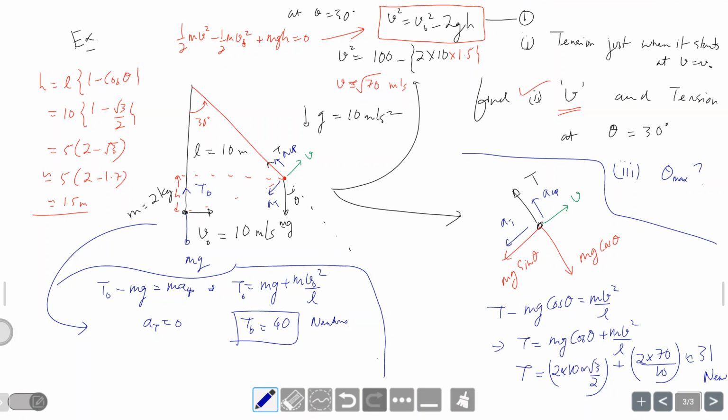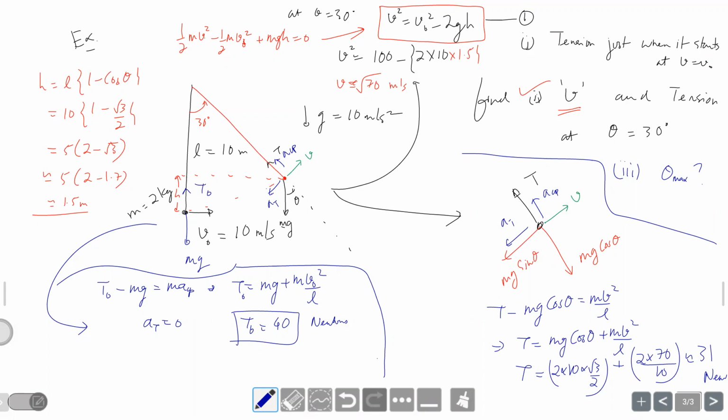Whereas you see the initial kinetic energy is this. You don't have 200 joules of kinetic energy. So we know by just looking at half m v naught square, how much is that? Half into 2 into 10 square, so 100 joules. Whereas to climb a height of 10 meters, we need 200 joules of potential energy. So that straightaway is telling us that our initial kinetic energy is actually half of the potential energy needed to climb a height of 10. So it's not going to reach 90.